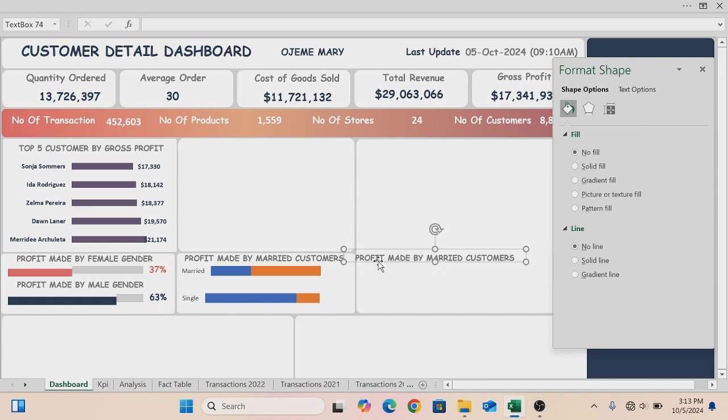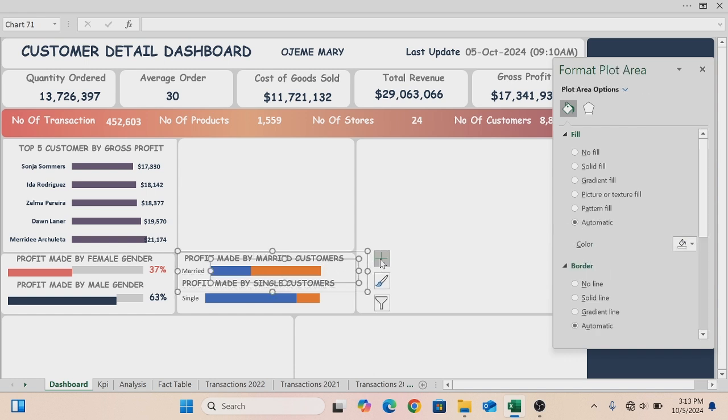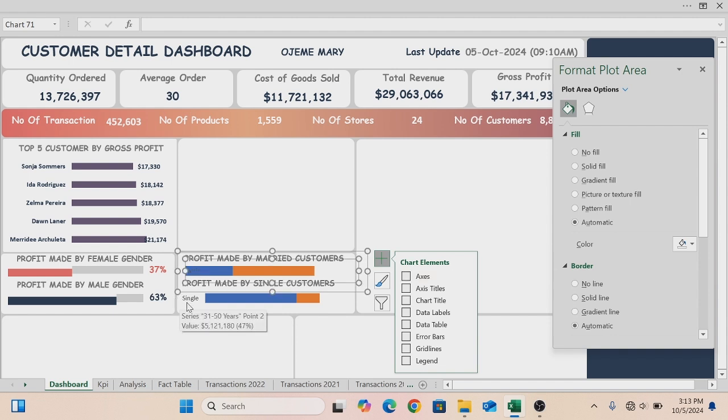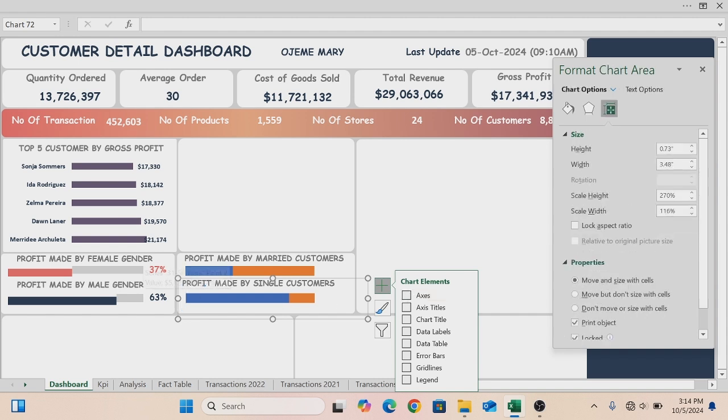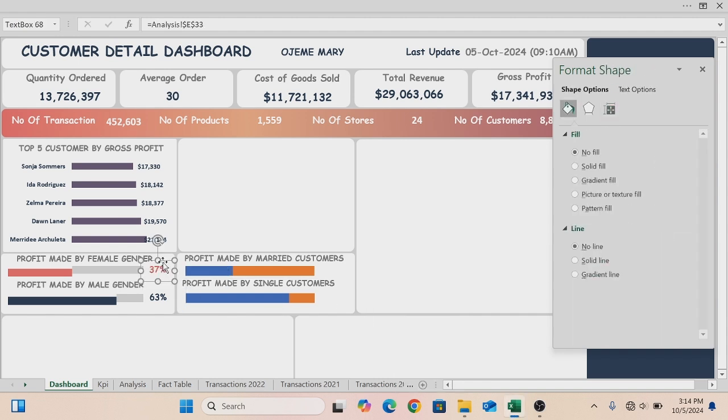Control D. Bring this down here, and profit made by single customers. Okay, so now for this, remember we don't need the access, so uncheck it. For this also, we don't need the access, uncheck it. Let's copy this text box here. Control D,